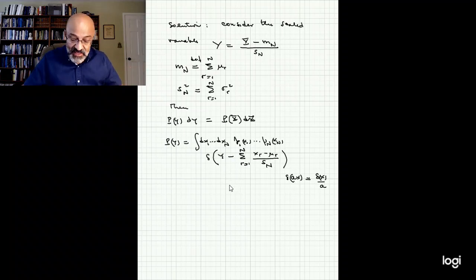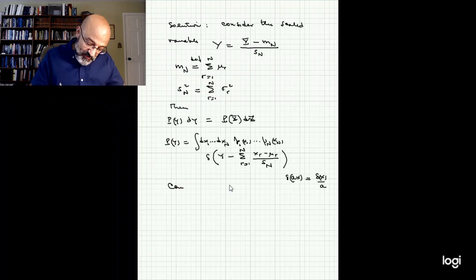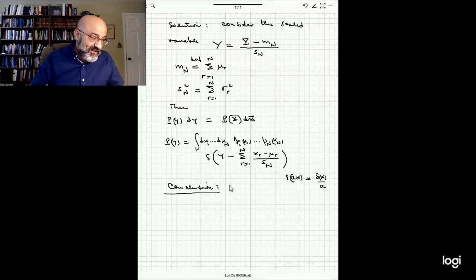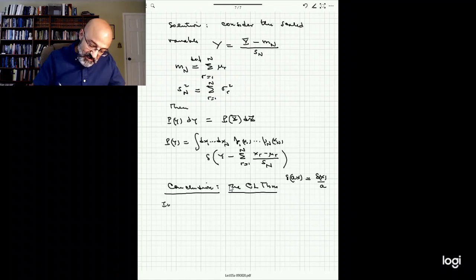I have it in the book. The result is the following. So here we go, the conclusion. I'm not going to do the proof, but the conclusion is this. And this is called the central limit theorem. What the central limit theorem says is that if you have independent variables